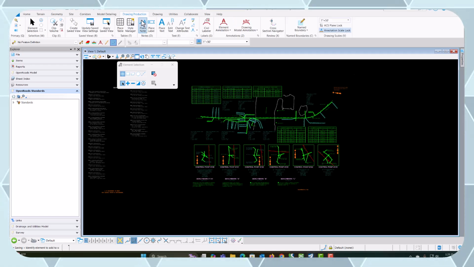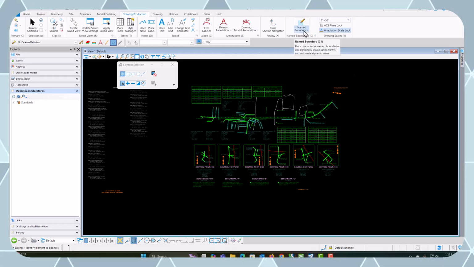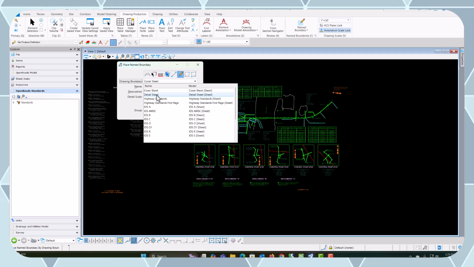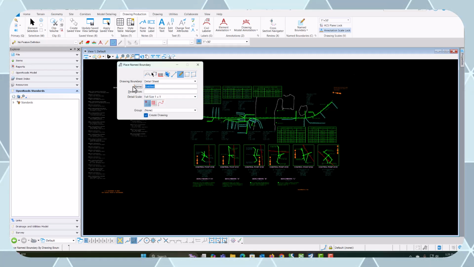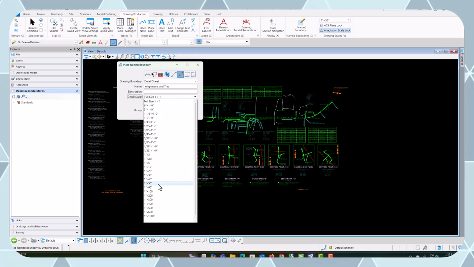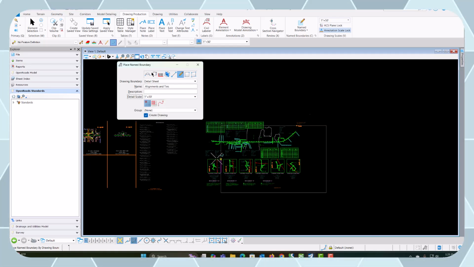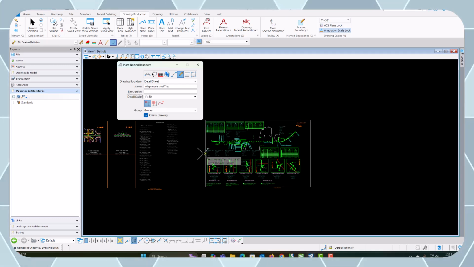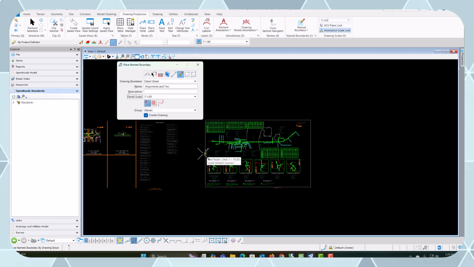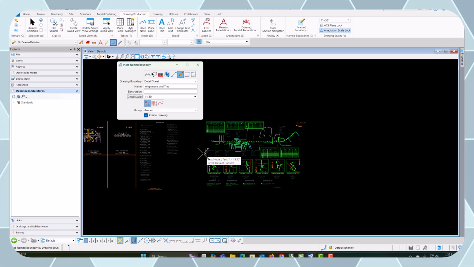So we'll go to drawing production, go to name boundary, place name boundary, and we're going to select from drawing boundary, and this time we'll select the drawing boundary pull down and pick detail sheet. We'll give this a name of alignments and ties. We want our sheet to be a 50 scale, so we'll see if we can fit a 50 scale around there. So make sure everything's inside. The title now at the bottom doesn't really matter, so just left click,